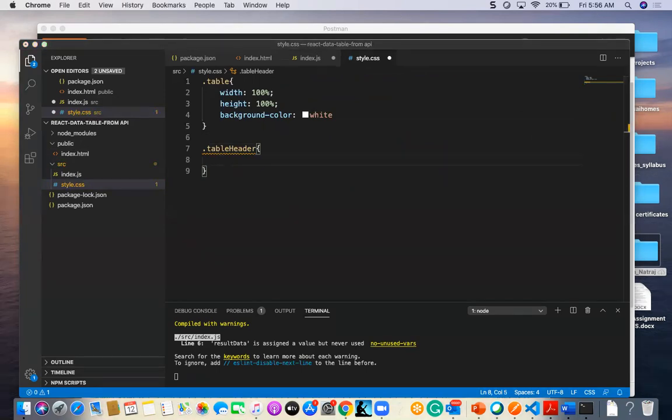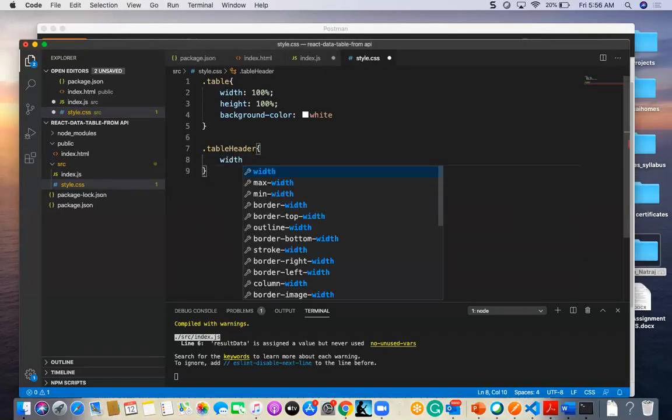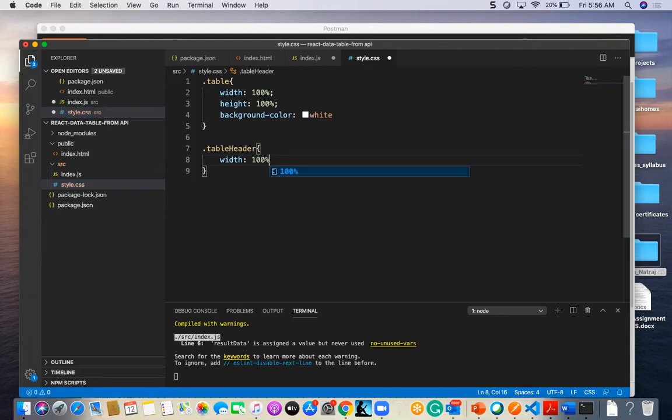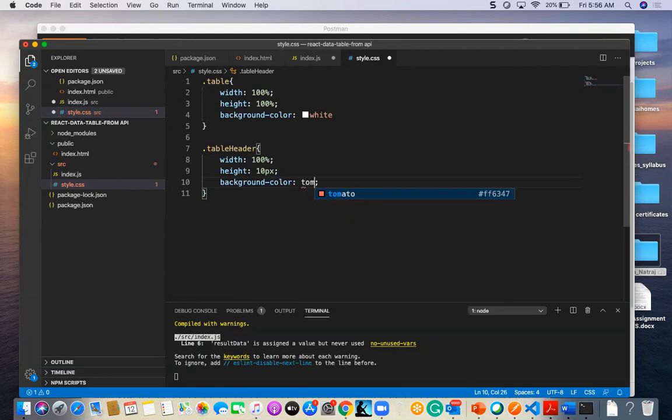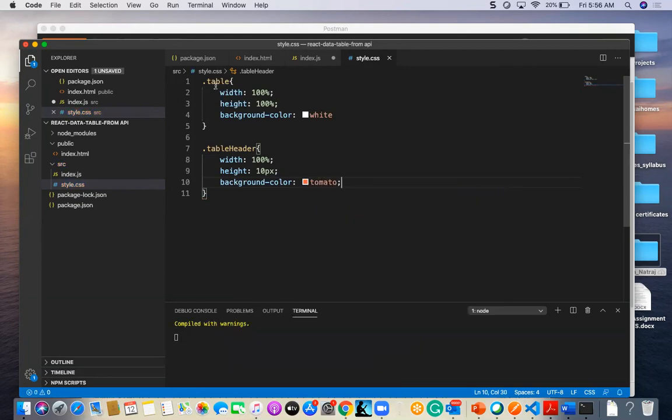Here I want to give a width of 100%, a height of 10 pixel, and a background color of tomato or something. So here we already have background color and all.